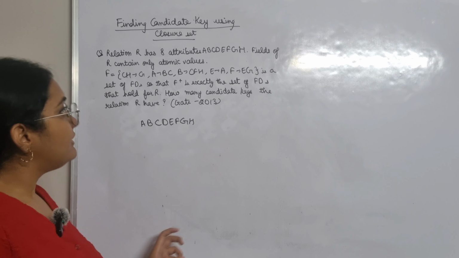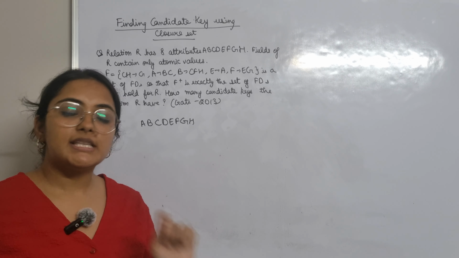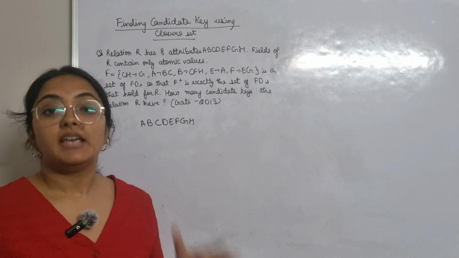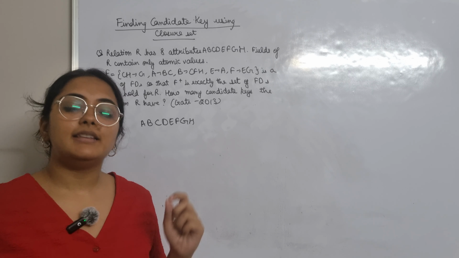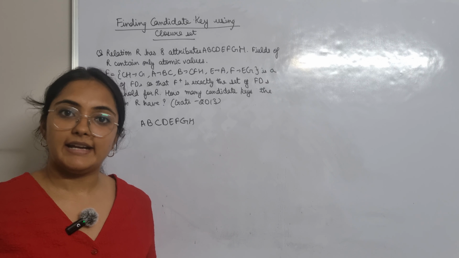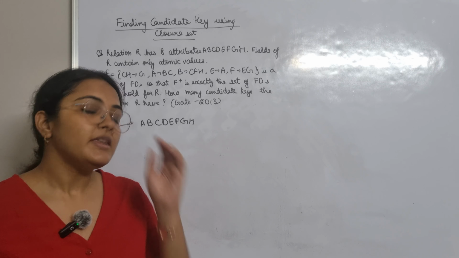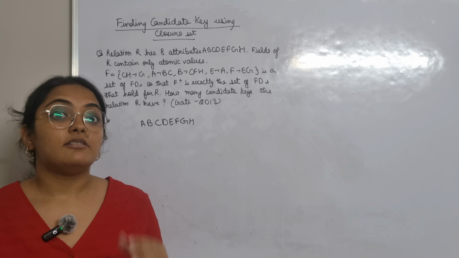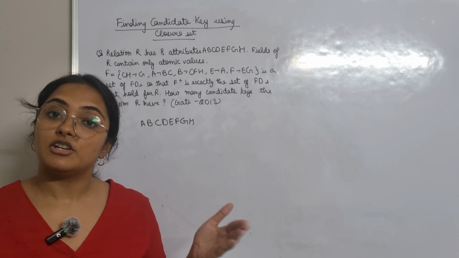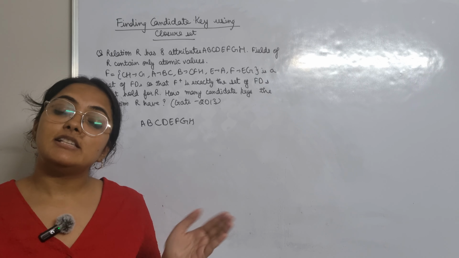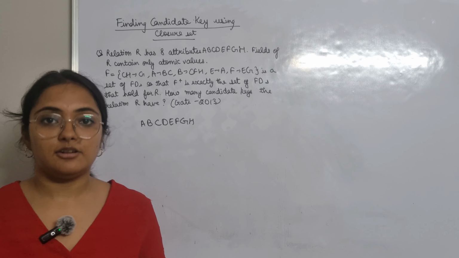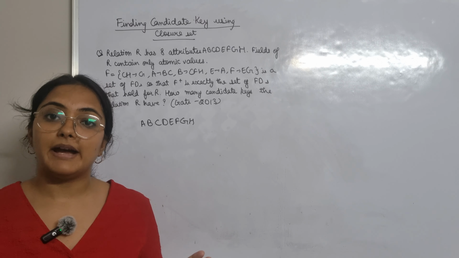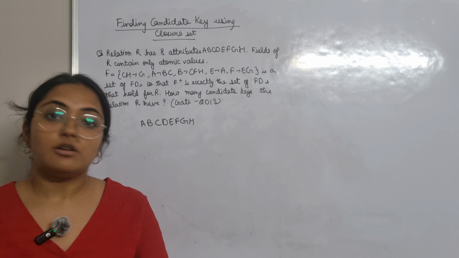Okay, and find out all the attributes that are not present on the right hand side of any functional dependency. Why are we doing that? Any attribute that does not fall on the right hand side of any functional dependency is not dependent on any other set of attributes, which means that particular attribute cannot be determined by any other set of attributes.